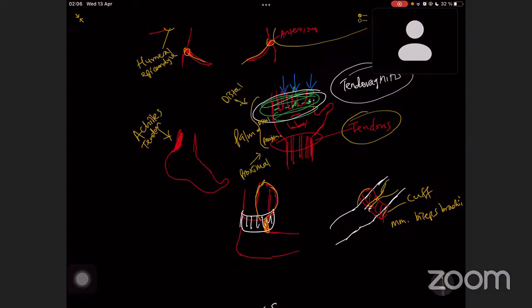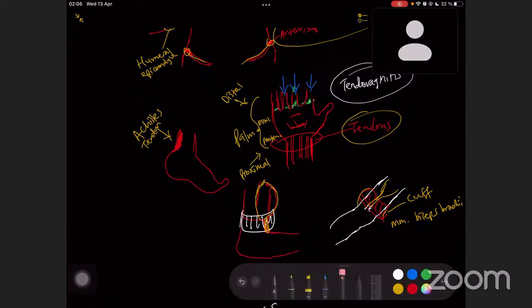So in the distal part of the palm, distally along the arm, you can use this distal part to mark as a surface landmark,